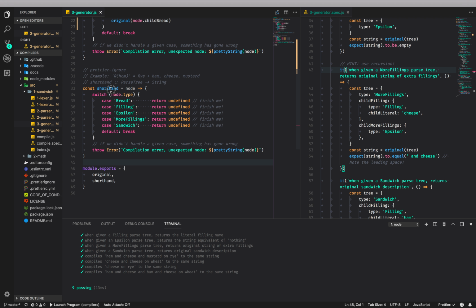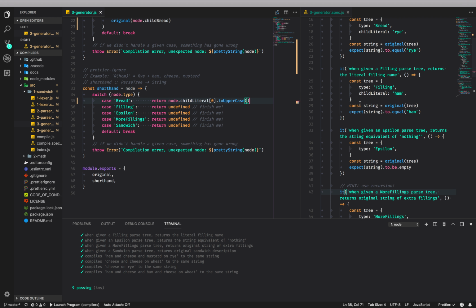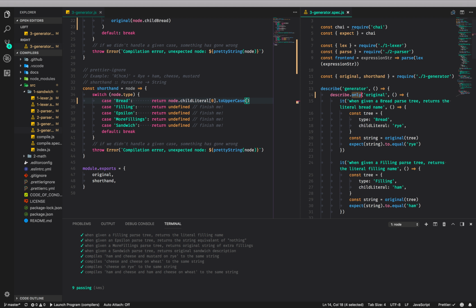Nobody ever finished it. There's this shorthand thing that I invented, which is a sandwich is like the bread code in caps with parens surrounding the fillings as lowercase letters. Fine, we'll do it. So bread node is going to be the first letter capitalized. So it'll be node.child literal 0 toUpperCase, parens close. Save. And I want to run this spec, so let's get rid of the only on this,